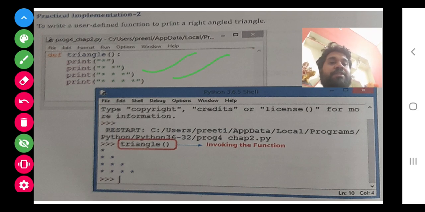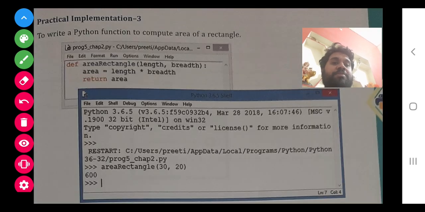In that they have made the program, and whenever we write this triangle in the Python shell, it will also work. So this is the same as writing a program in this scripting window and running the program in the Python shell. Your program will also always run in the Python shell only. So this is another method, the same as they have done here.